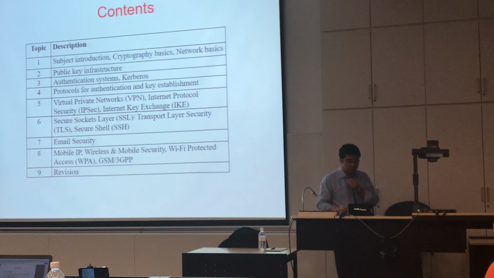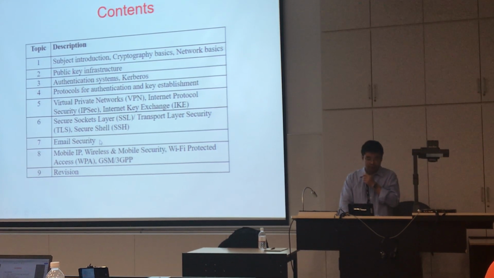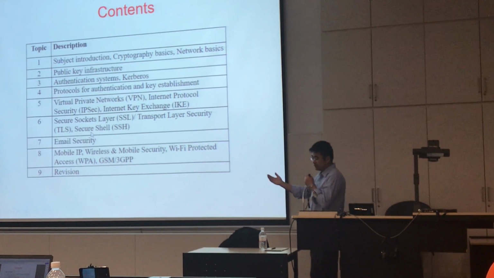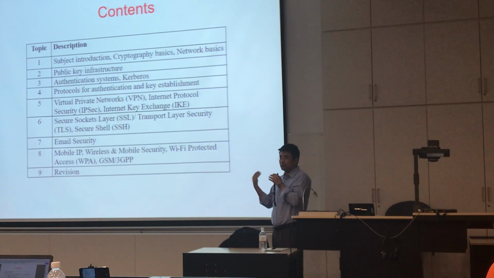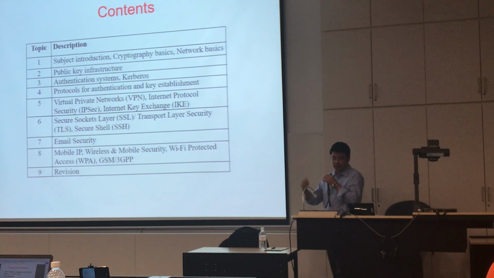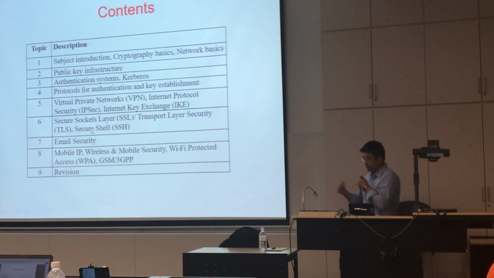And then secure shell. Secure shell is an application layer security standard. This is to protect the remote shell. So when you connect to a Unix server, by default, all the original services like telnet are not protected. So basically, people can simply eavesdrop or modify the communication. But then we have this secure shell application, which allows us to protect the communication.